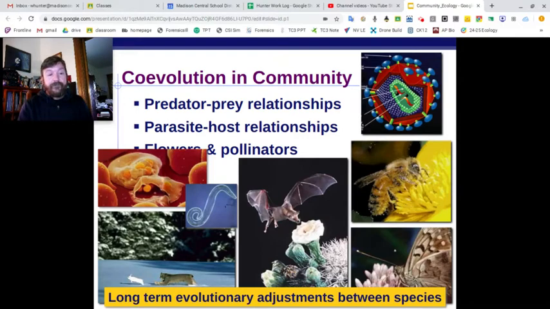It's kind of the whole survival of the fittest illustration everybody has heard of in their life. Parasite and host relationships, the same thing. The parasite has to be able to get into its host in order to survive. If that host evolves a way to avoid being infected by the parasite, the parasite will find a different mode of infection,